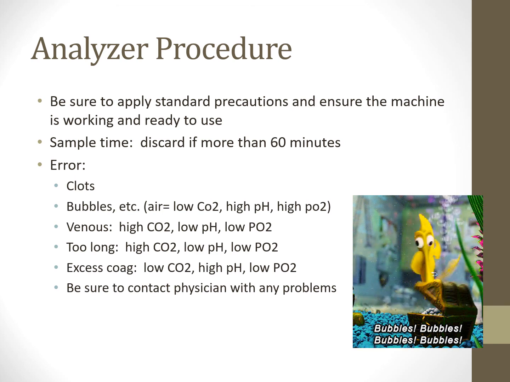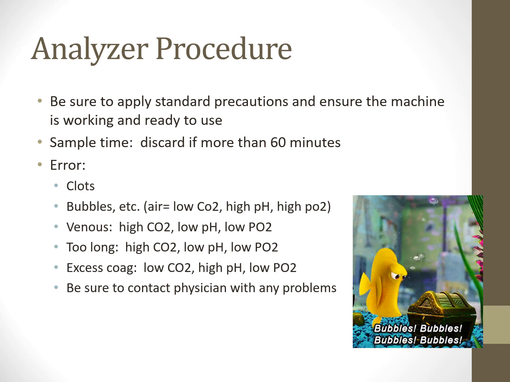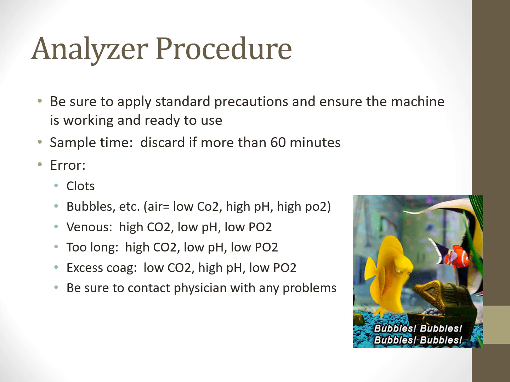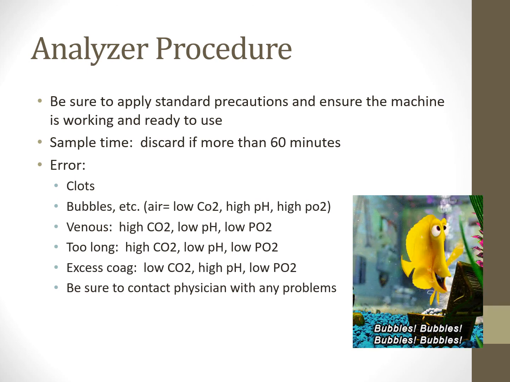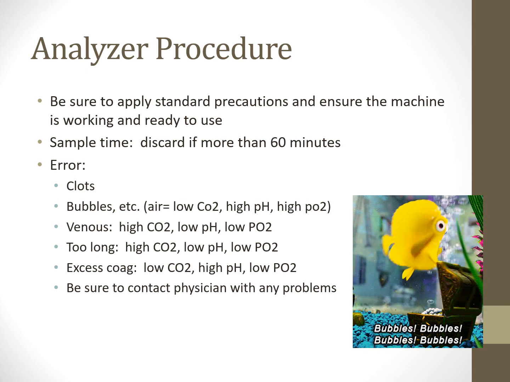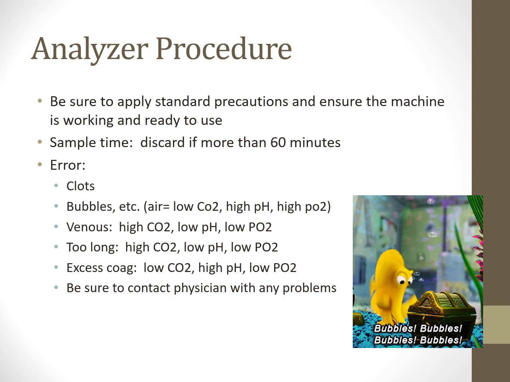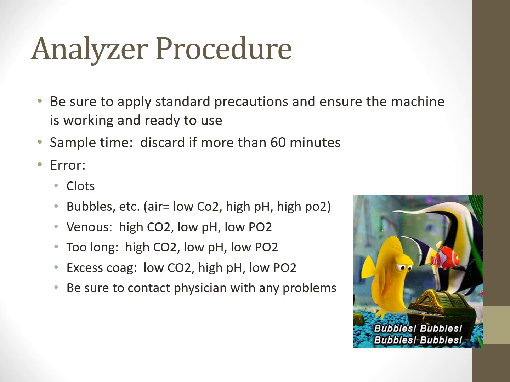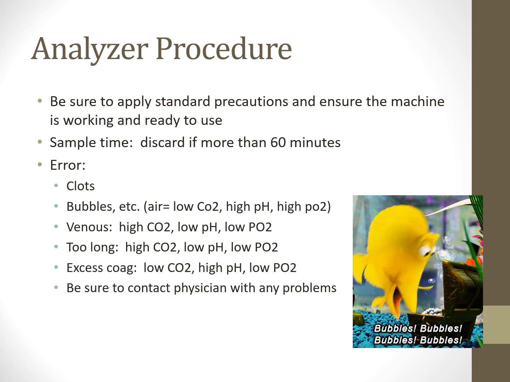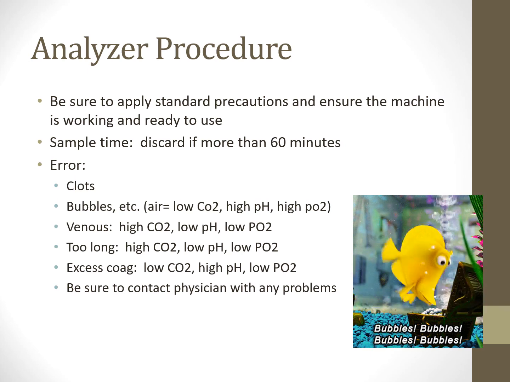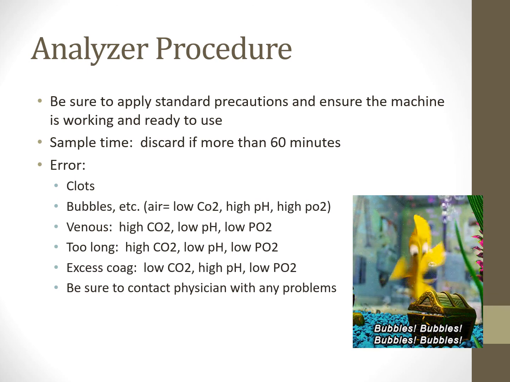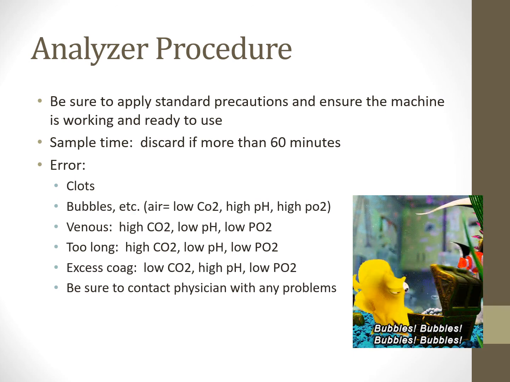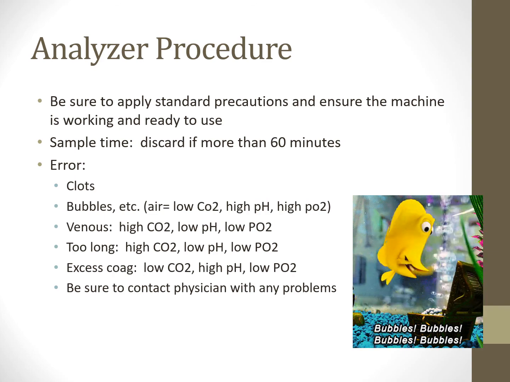Venous, of course: if you drew a venous blood gas and you told the machine, hey, it's an arterial blood gas, it's going to read off as well. If you took too long and it metabolized, you're going to have a high CO2, a low pH. If you had too much heparin in there or coagulation, it'll change it as well. So be sure that you notify the care team that, oh yeah, there was an air bubble, because now their PO2 is reading 150, but their saturation is super poor, and so on and so forth. So that's something that you notify the physician. Right? There's air bubbles. That's not an accurate